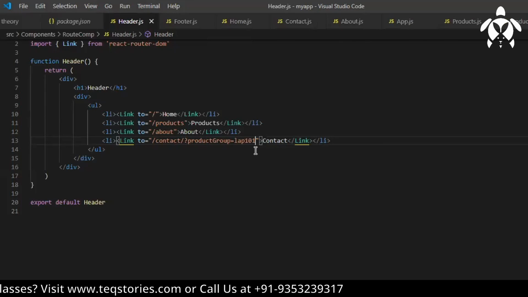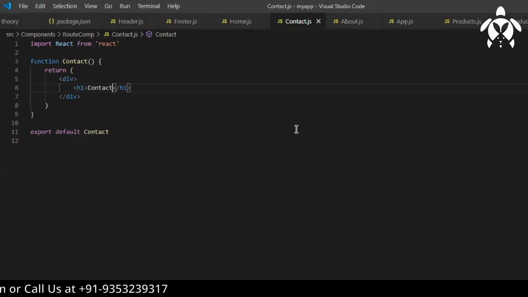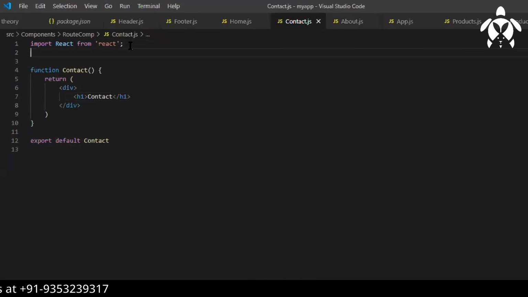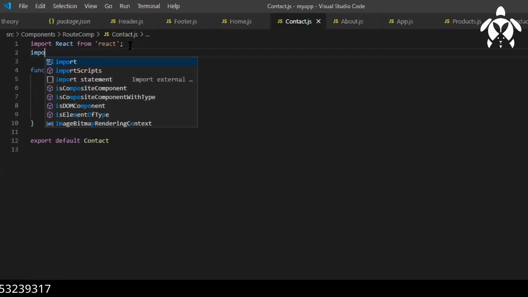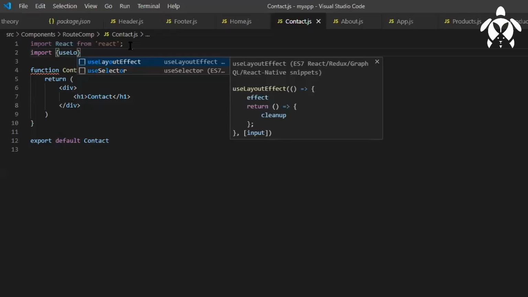So let's go to the contact component. Let me use a hook. Let's say import, I'll be using the useLocation hook. The useLocation hook is the same as the location which we were seeing in props.